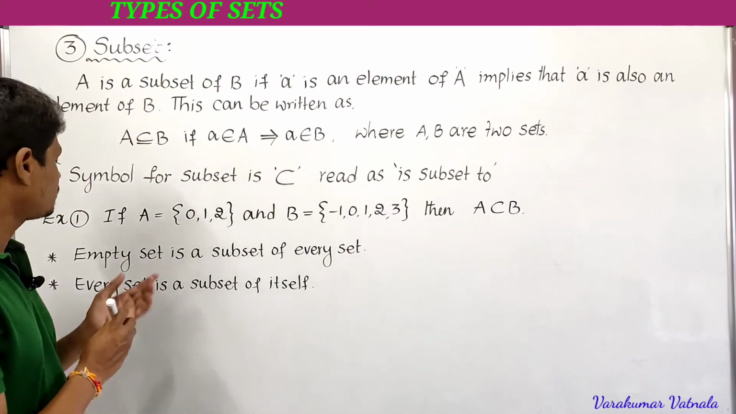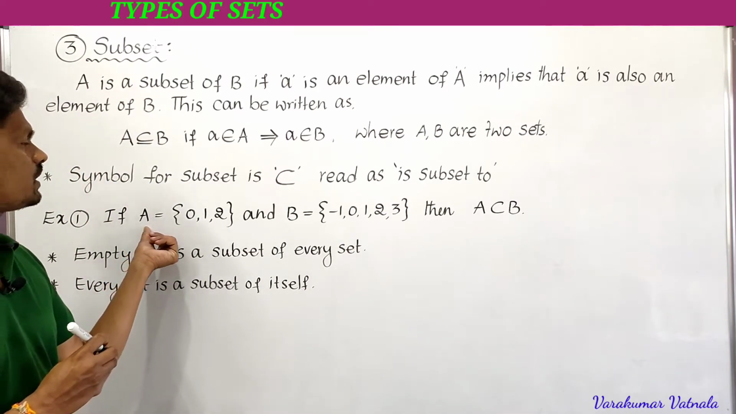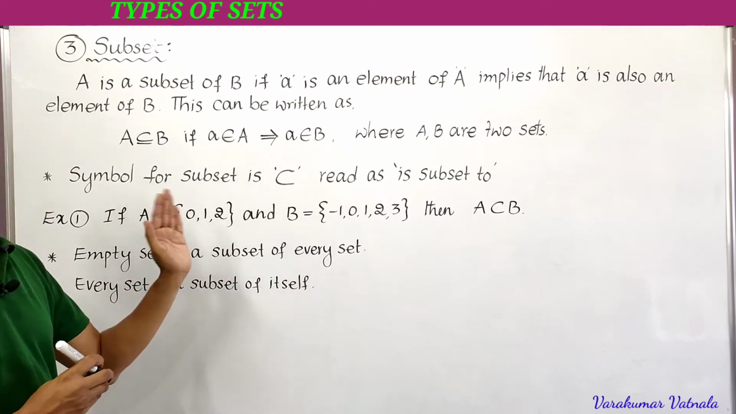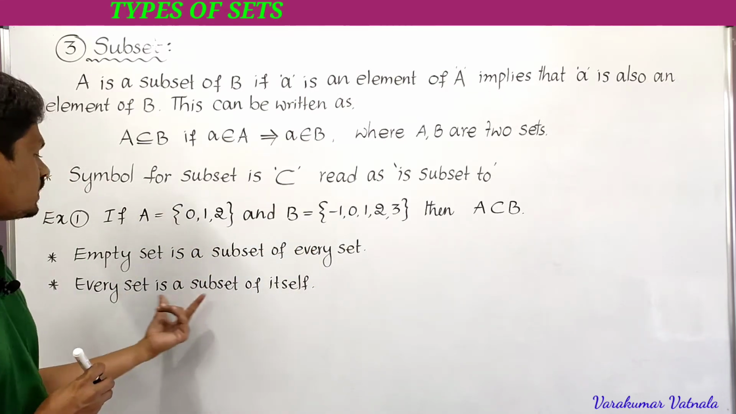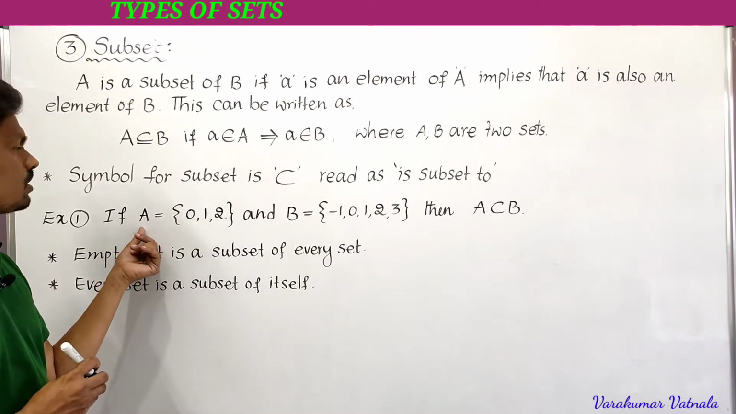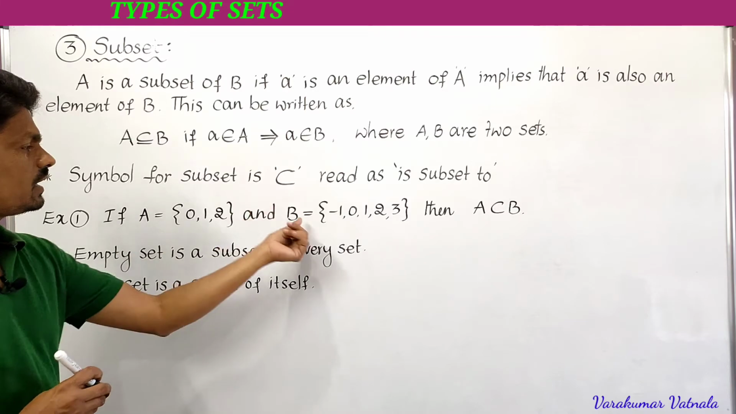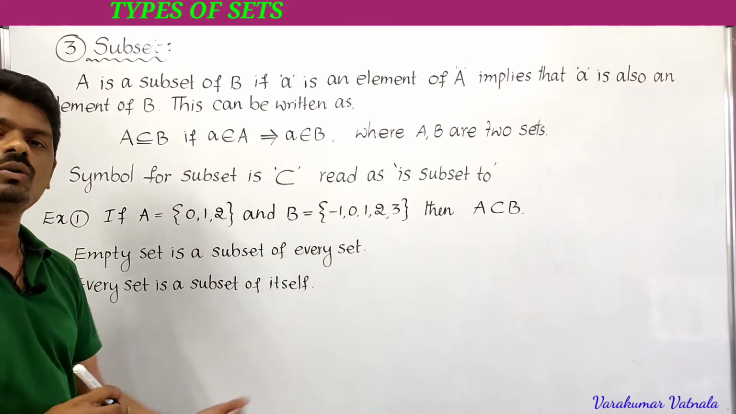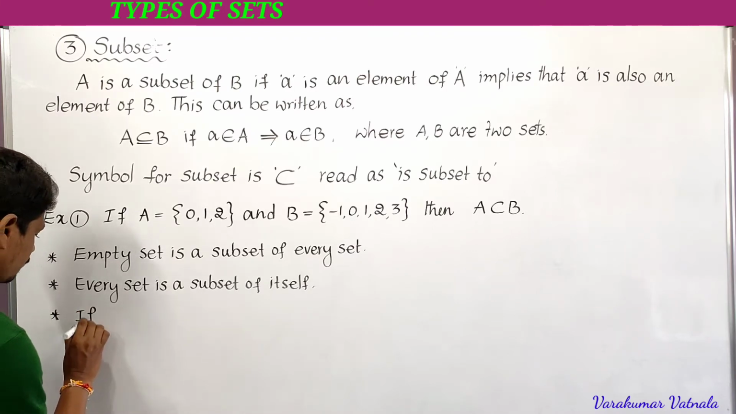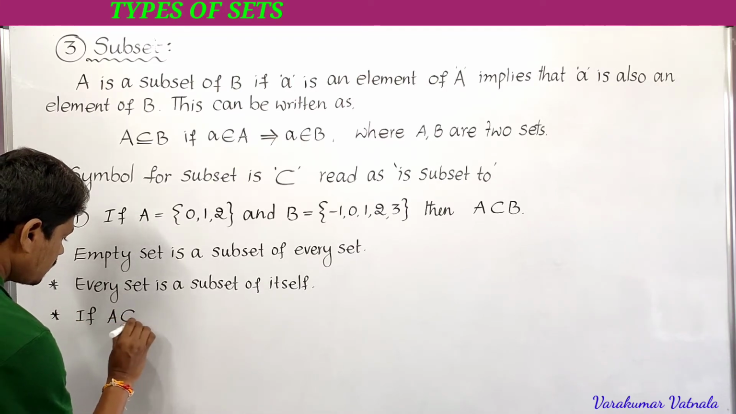So here empty set is phi. Phi is a subset of A and phi is a subset of B also. So not only A, B, every set. Every set is a subset of itself. So here A is a set, A is subset to A only, and here B is there, B is subset to B only. And one more very important thing you have to remember, if A is subset to B